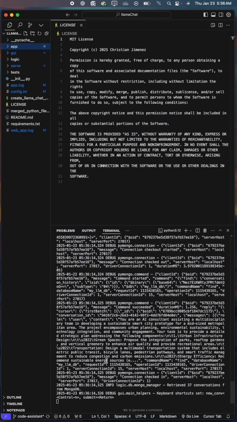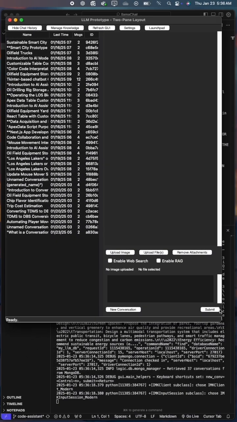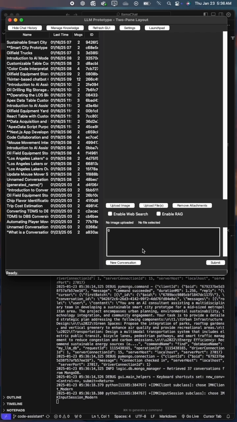And here it's going to start loading all of the necessary components. And once it loads, it's already loaded over here. I'm going to just resize it so it looks good. This is what it looks like, right? And we can start the demo off by asking a simple question like,